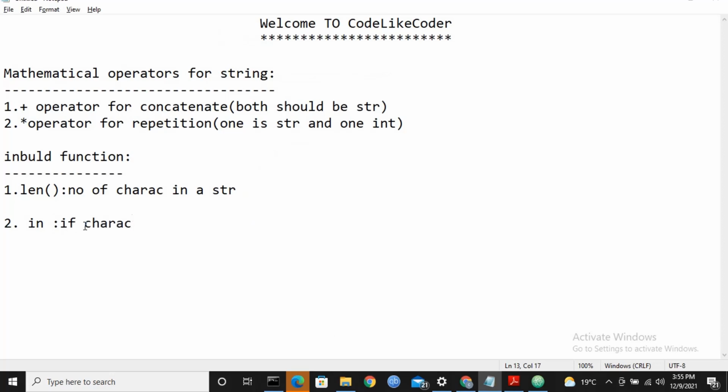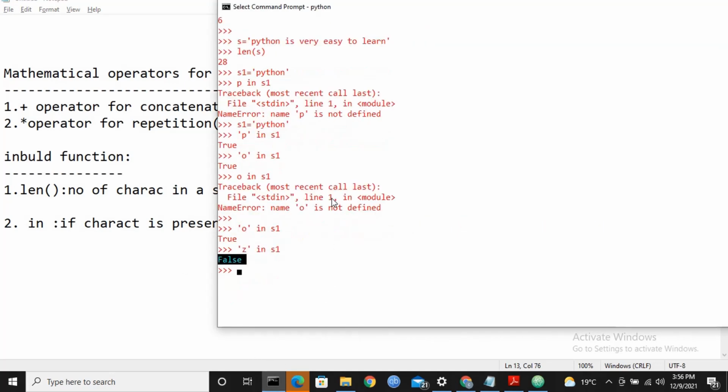If the character is present, then it will show True, or else it will show False. So here one more thing I need to focus on, that we are getting two values, one is True and another is False.